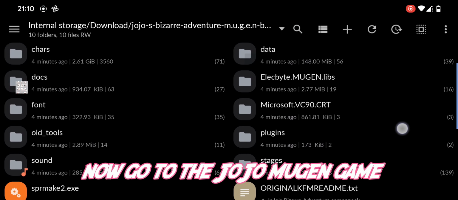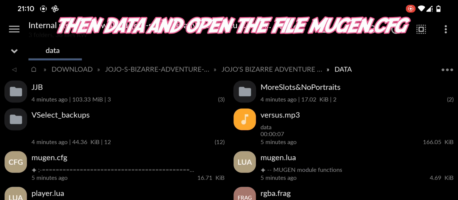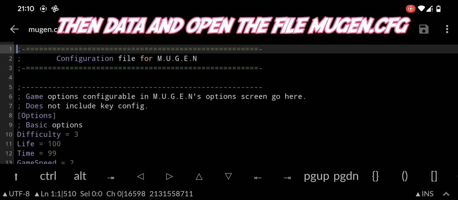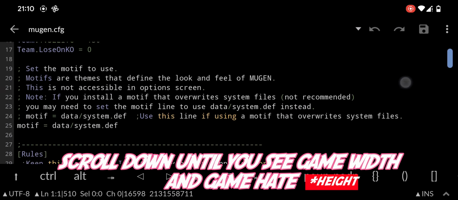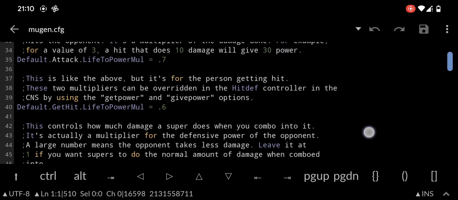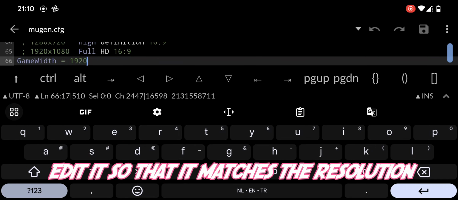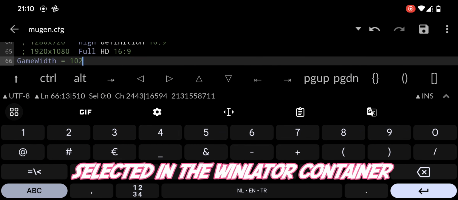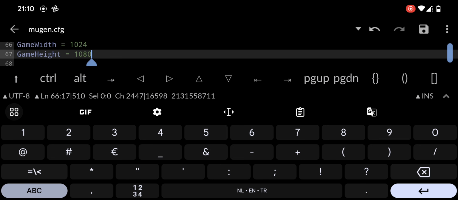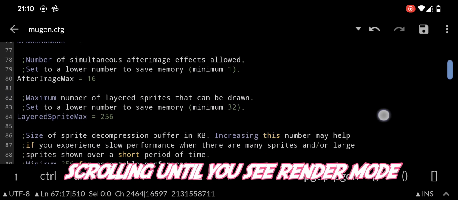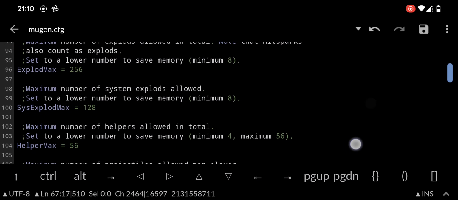Now, go to the JoJo Mugen game, then Data, and open the file Mugen CFG. Scroll down until you see Game Width and Game Height. Edit it so that it matches the resolution selected in the Winlator container. Now continue scrolling until you see Render Mode.